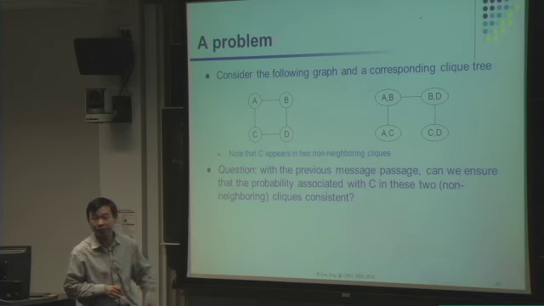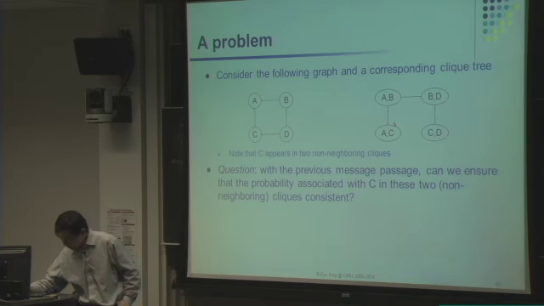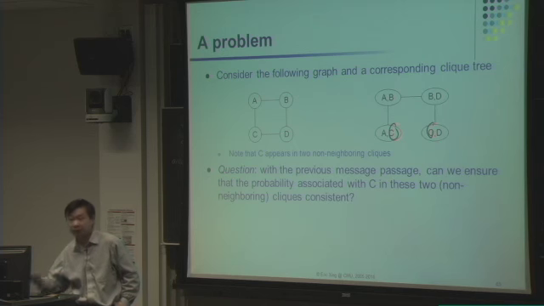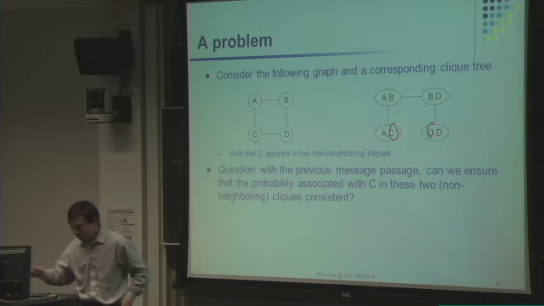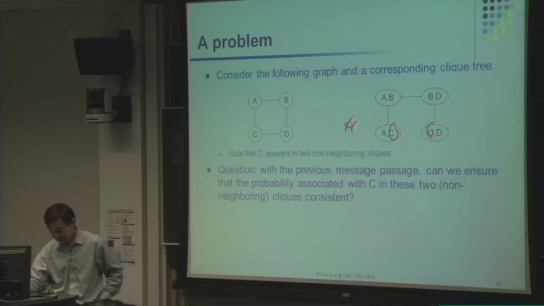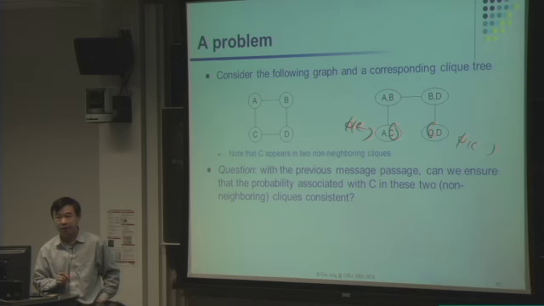So I have this question here. Here is a random variable. Here is a random variable. Okay, and they are in two different potentials. So imagine I define now in the clique potentials. They will be here and here. Okay, and